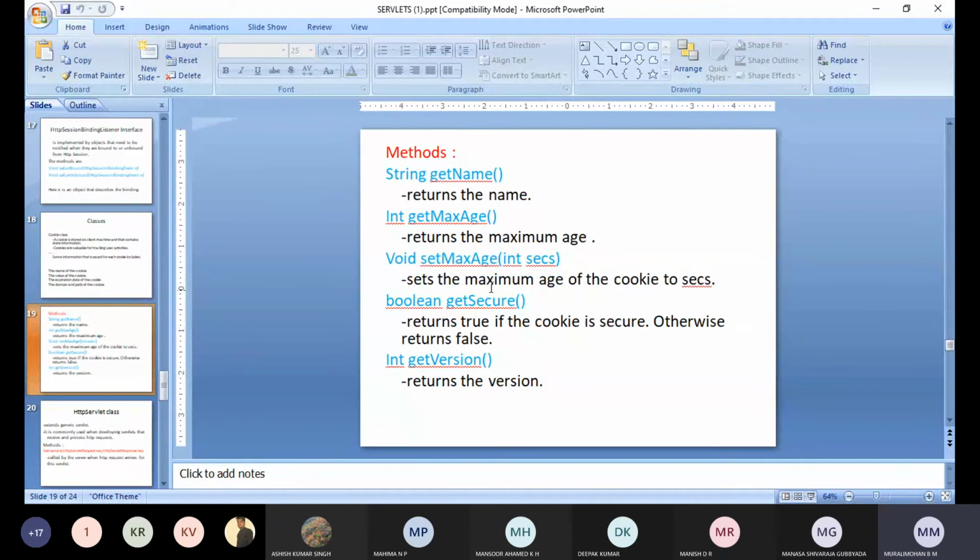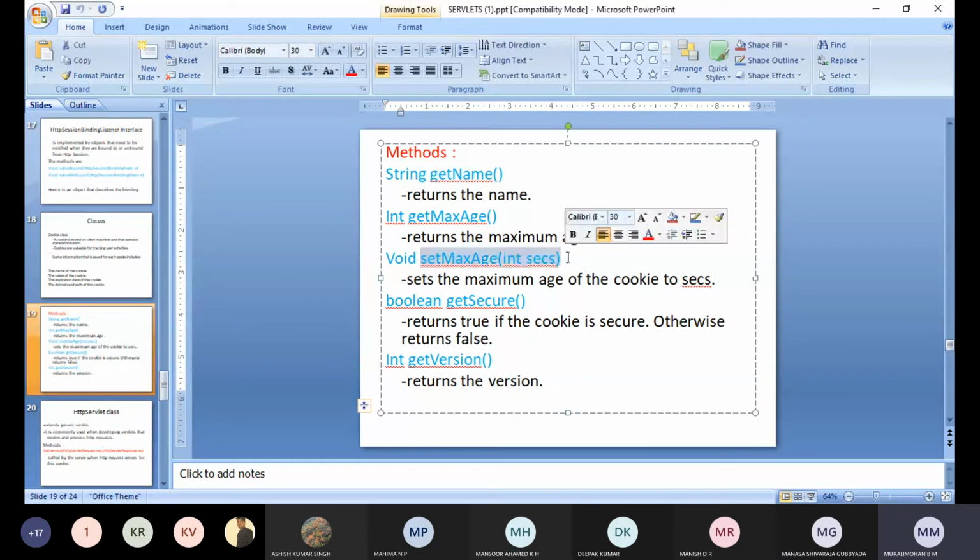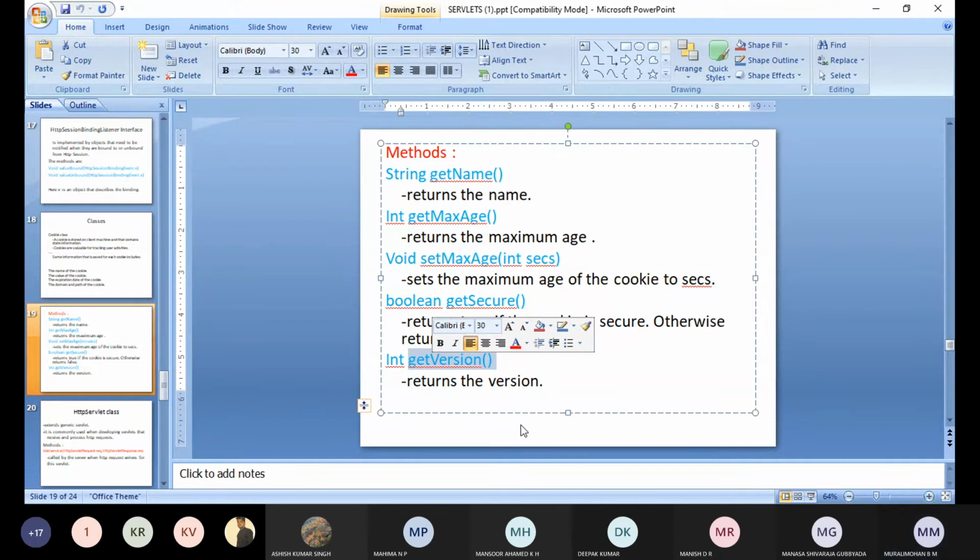We can also set the maximum age of the cookie in seconds by the setMaxAge method. The getSecure method returns true if the cookie is secure, otherwise it returns false. Next, getVersion returns the version of the cookie. These are the methods inside the Cookie class, for cookies stored on the client machine, which are very useful for user tracking.